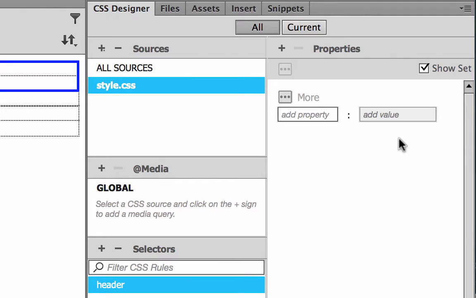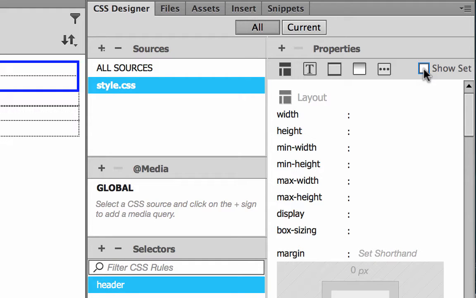To access the really user-friendly visual interface of the CSS Designer, I need to turn off this checkbox that says Show Only Set Properties. Now, I get all these different sections under my properties: layout, text, border, background, and more. First, I'm going to start with the layout.